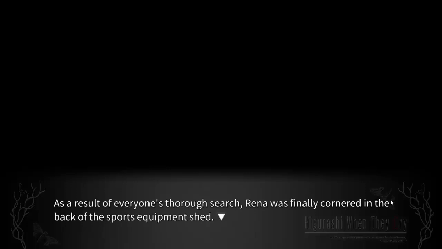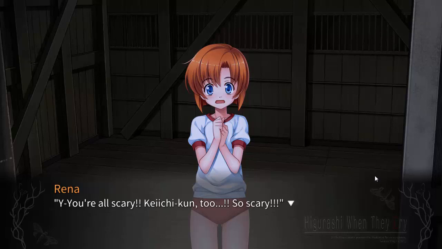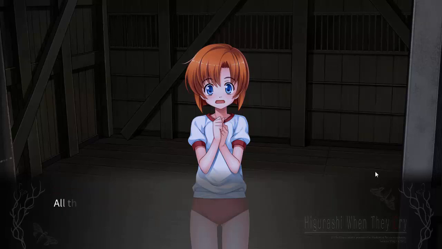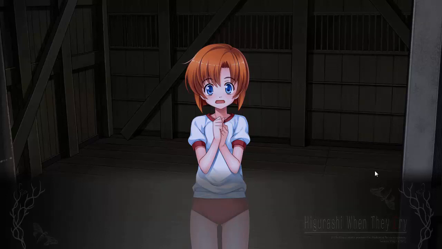As a result of everyone's thorough search, Rena was finally quartered in the back of the sports equipment shed. 怖いよみんな。ケイチ君まで怖いよ。It's probably scary being chased around by the entire student body. All the lower grades closed in on her, saying she was the only one who could save the world. 何を言ってるのかわかんないよ。